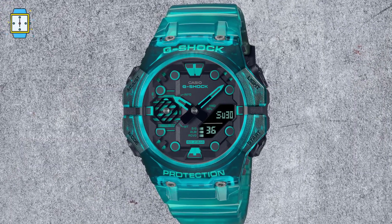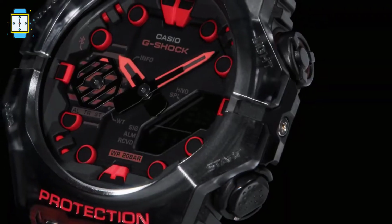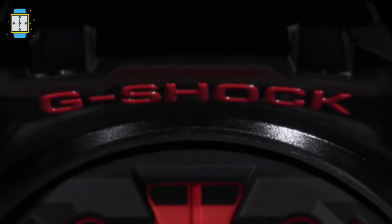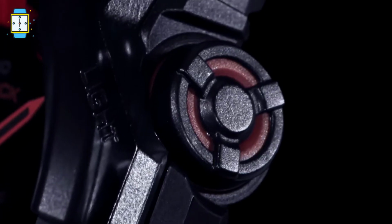gradient, translucent black bezel band and a red dial, and one with a gradient bezel band in blue and a dial in blue. As a result, you could mix and match various components of the watch's design to create a distinctive appearance. Once assembled, it retains shock resistance and supports some standard G-Shock features, including a super illuminator LED, a